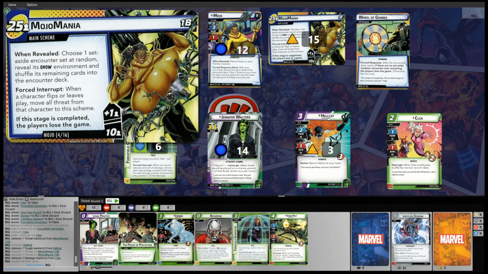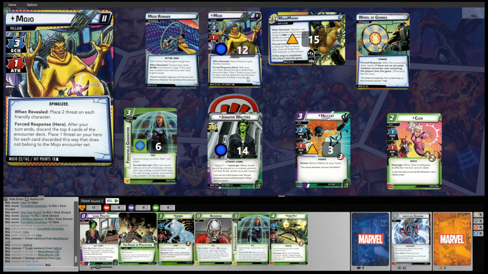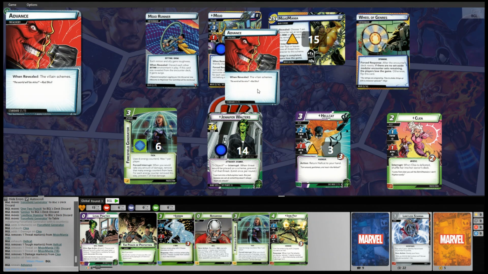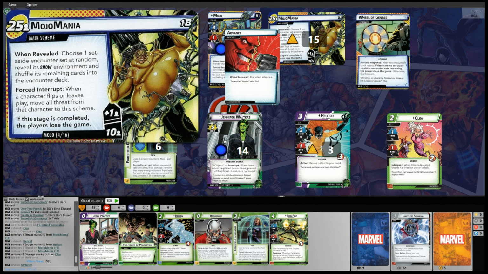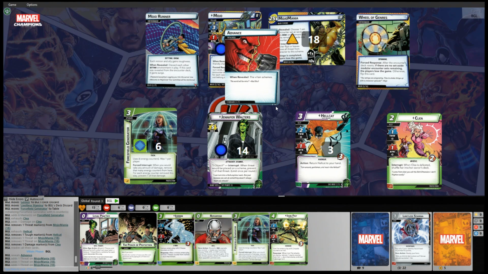Let's go ahead and place 1 threat onto Mojo Mania, but we're not, because we're going to object to that using Jennifer Walters' I Object Interrupt. No threat being placed on there. So Mojo, who has a scheme of 3, is now going to draw a card, and it's going to be a 0. So he places 3 threat onto Mojo Mania, and I'm glad to be rid of one of those